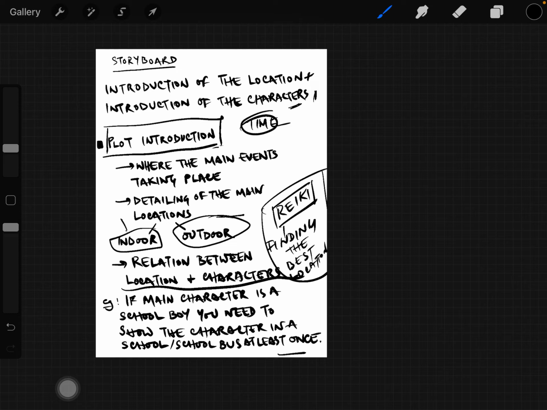Nowadays they mostly create it in green screen, right? But every time they are making the location, filmmakers are very careful about what they are actually going to show, what are the major things that the viewers will see in the location,